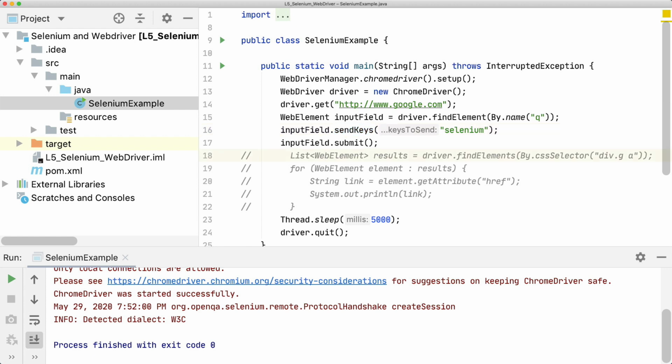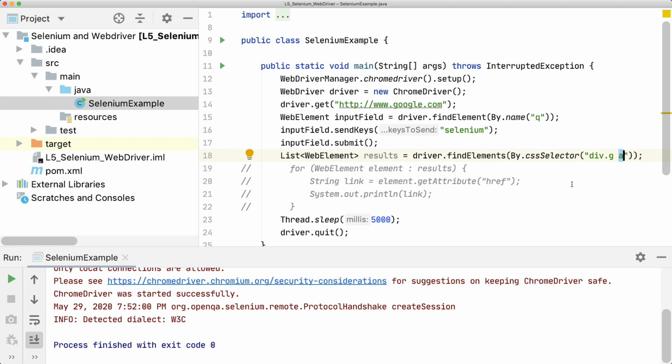Again, Google's class names and IDs aren't very useful to us. When simple identifiers fail, one of the easiest ways to select a group of elements is to use By.cssSelector. This allows us to use any CSS selector to select the elements we're interested in. And in this case, I happen to know that every result is inside of a div with the class name g, and that each of the results has at least one a tag inside of it. The a tag, of course, being the link to the result page.